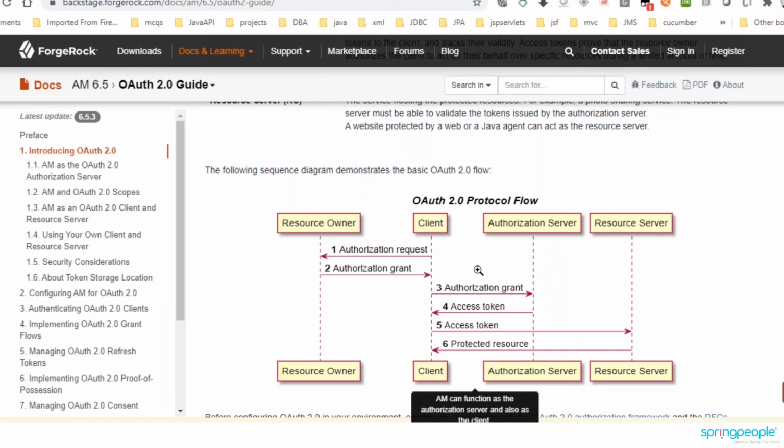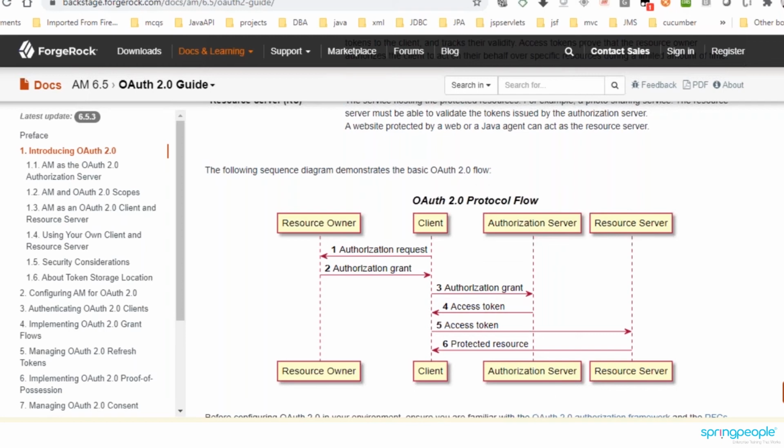Whenever you are going with any of our security applications, you have to know about four things: how you are providing the accessibility, and what authorities you are providing.